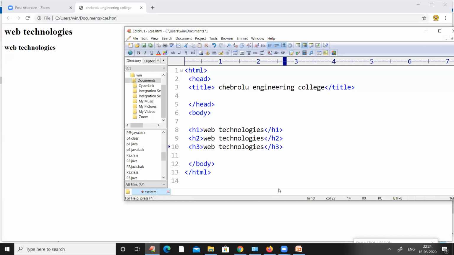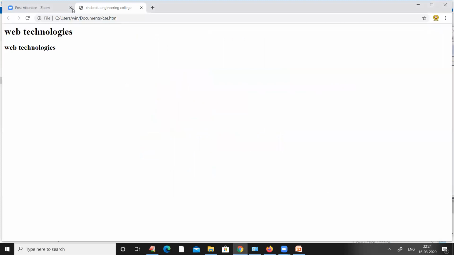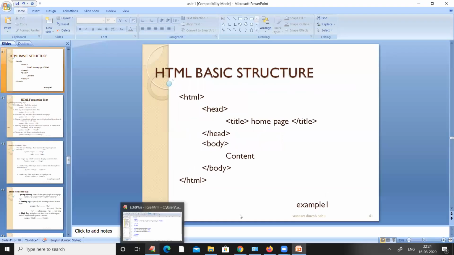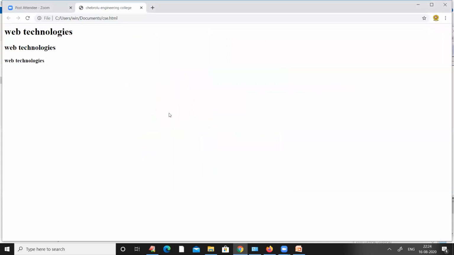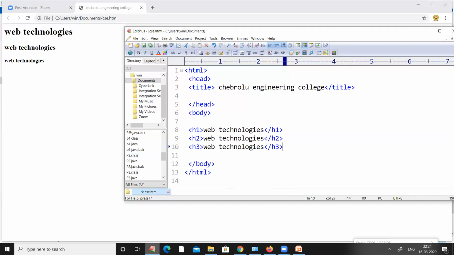Now save the program by pressing Ctrl S, and then see the output by pressing on the refresh button. You can observe H3 is somewhat smaller than this H1 and H2.